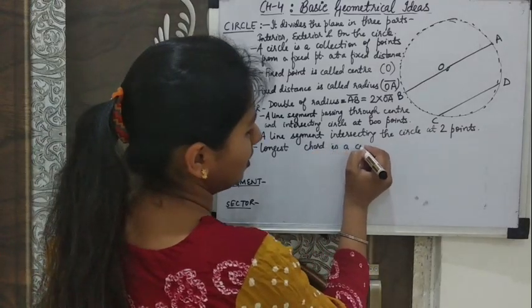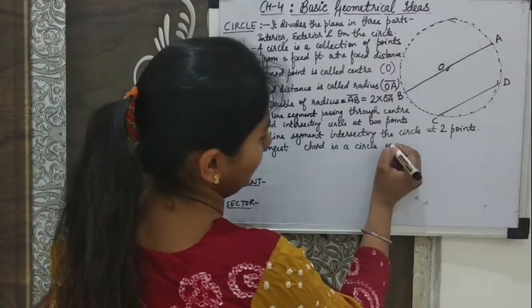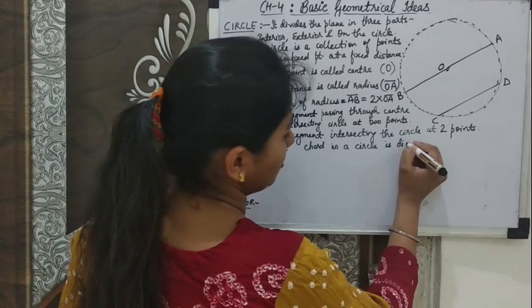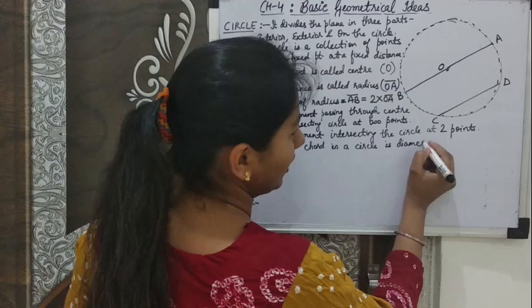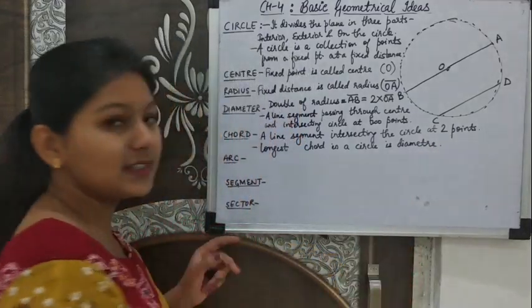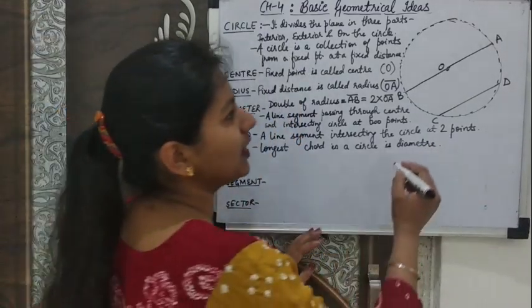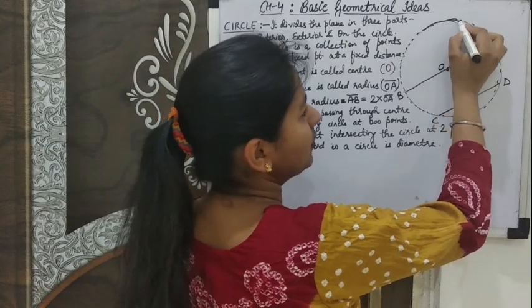in a circle is diameter. So the longest possible chord in any circle is diameter. Next is arc. Arc, we can say, is any curved part of a circle,